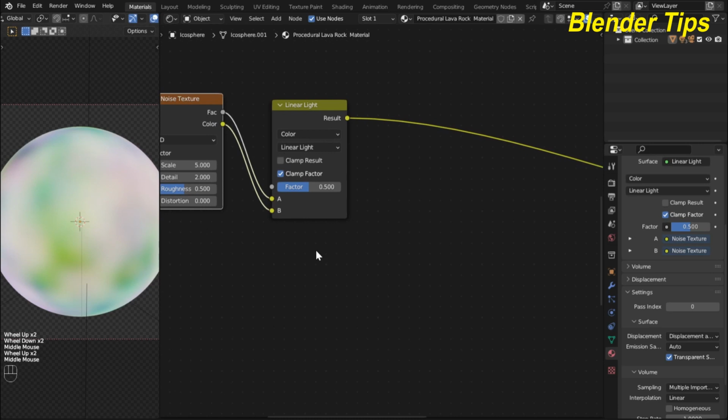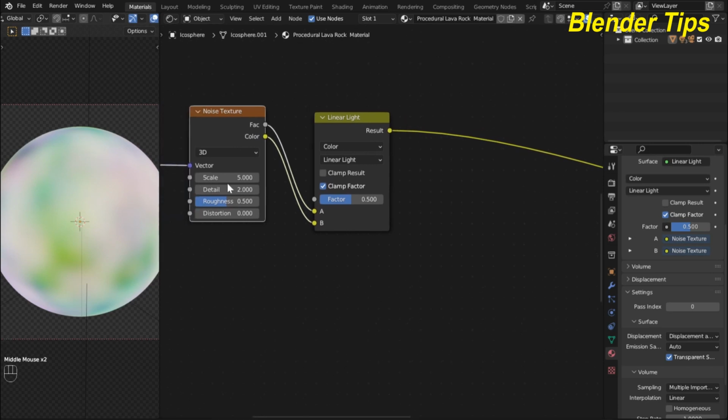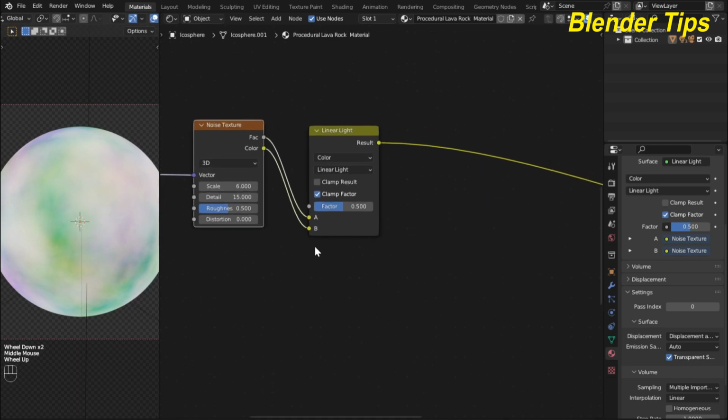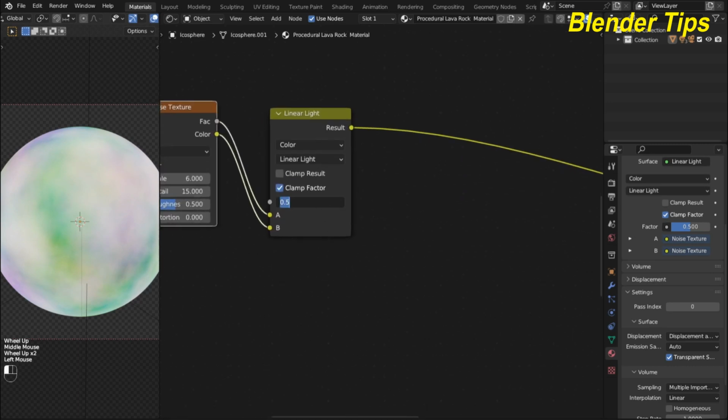Beautiful. And I also adjust the values of the noise texture: I put the scale something like 6, and increase the detail up to 15, and nice, and I adjust the factor something like